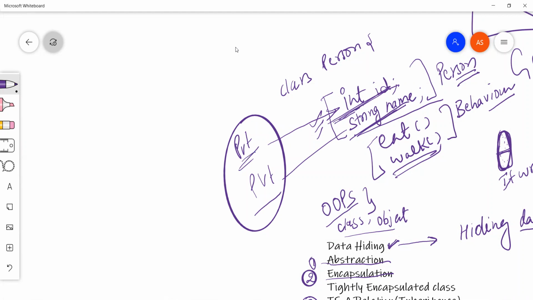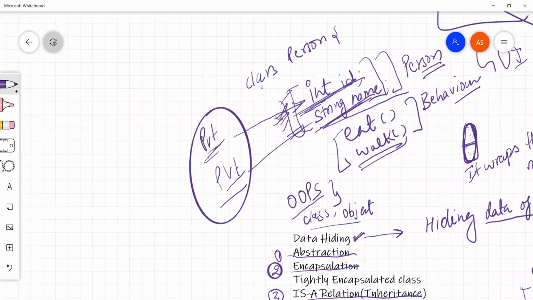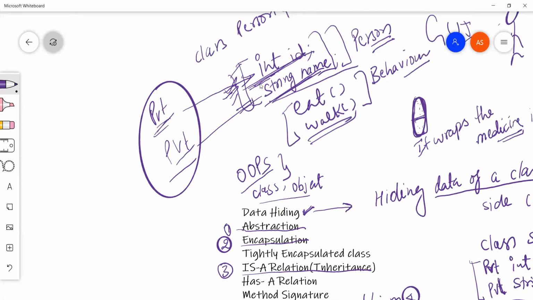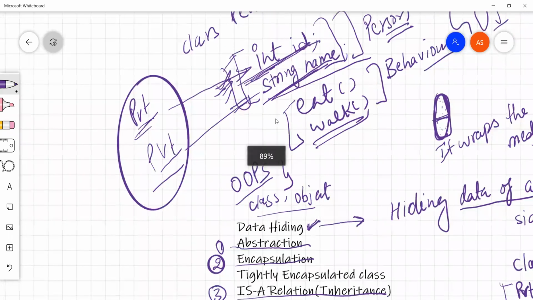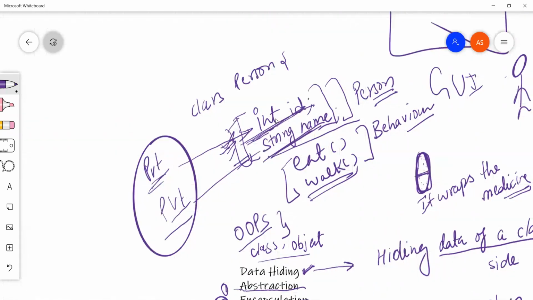But when we say private, the data here can't be accessed by an outside class. We are hiding this data. Getting my point? This is the difference. Let me know if you have any doubt about the difference between data hiding and abstraction. Data hiding is basically making your members private inside the class.